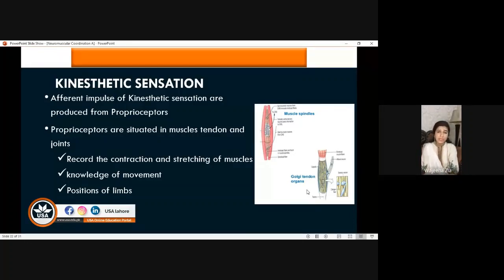So in the case of loss of kinesthetic sensation, the patient will be able to perform activity. There is no problem with the muscle. There will be no problem with the impulses. There will be no problem with the coordination. There will be a problem with the sensation. The patient will not be able to sense how much contraction is required and how much relaxation is required. That part will be lost. And there are chances of the patient falling in this case, because the patient is unaware of his position.